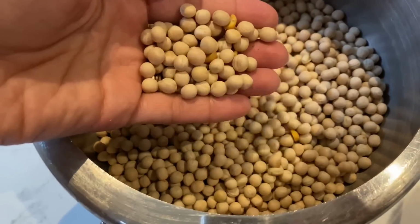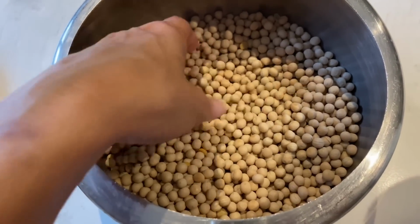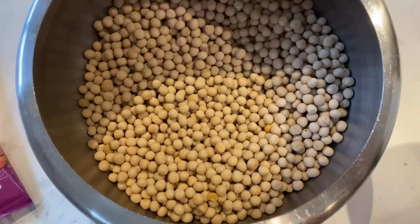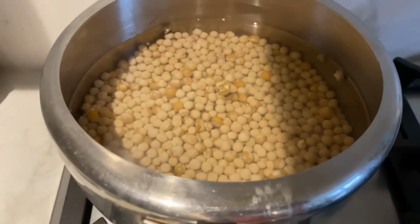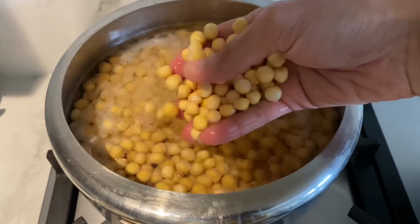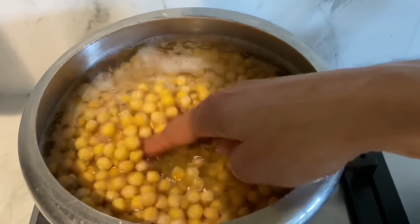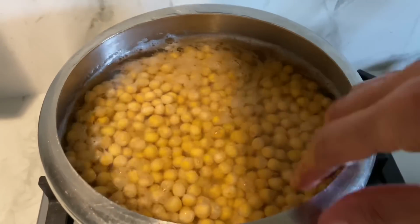So I've got here whole yellow peas, which in Hindi is called safed matar, and this is the specific pea that I use for chaat. What I'm going to do is soak this overnight and then cook it in this pressure cooker the next morning. So that has been soaking. Look at the size, it's rehydrated, and yeah, I am going to add a teaspoon of salt and then cook this in the pressure